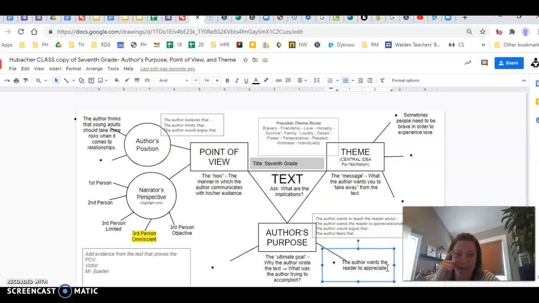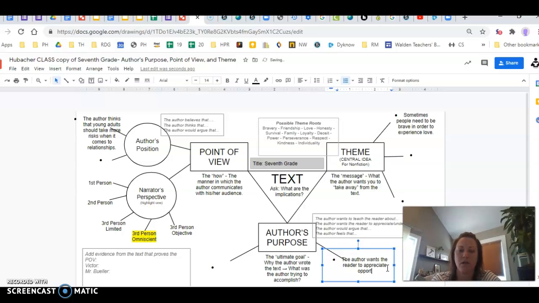There's a word we haven't talked about yet. You might know that one. Mr. Bueller flashed back to his youth and to his experiences, which really makes it even more clear that Gary Soto does have an ultimate goal of wanting to teach his reader about something related to these young love and relationships. So I'm going to say the author wants the reader to appreciate